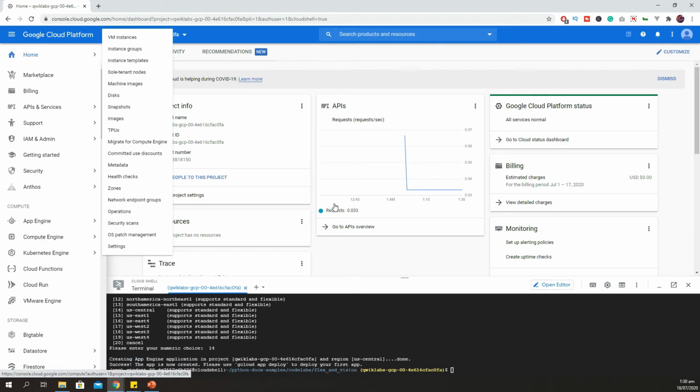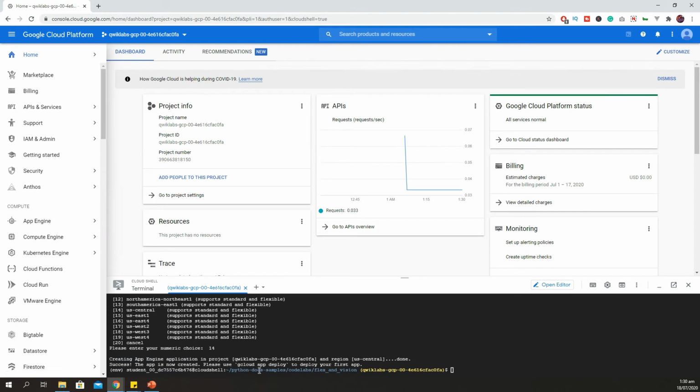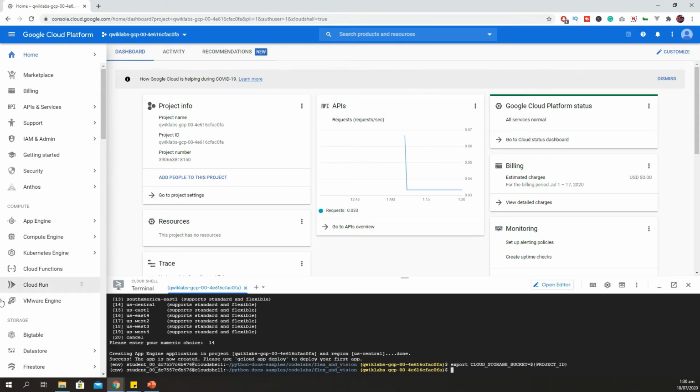Perfect. So what we will do next is we will now create a cloud storage bucket. First we will create an environment variable, again using the environment variable we already created in our project, which is project ID. So we will create an environment variable for the cloud storage bucket.